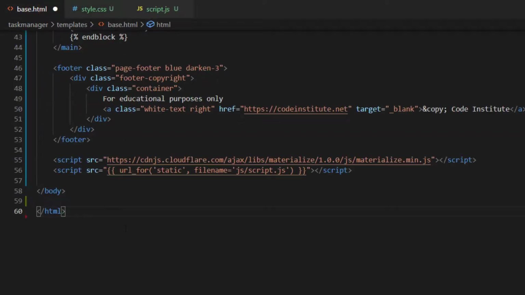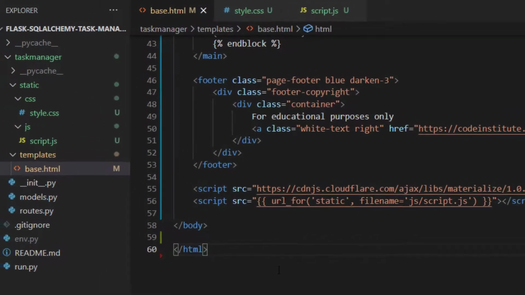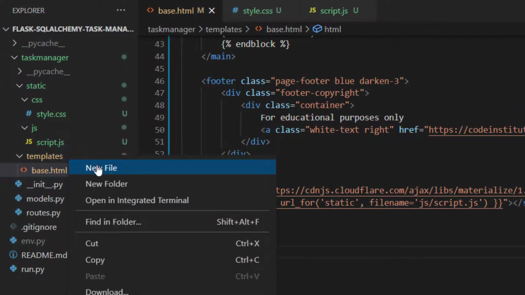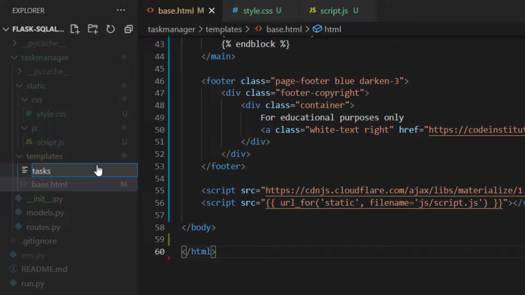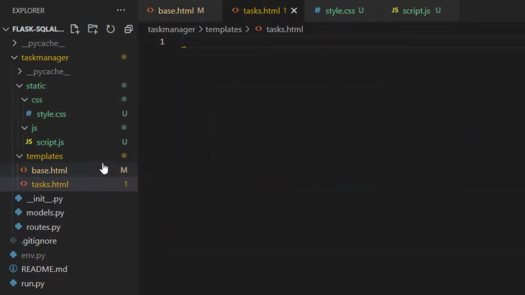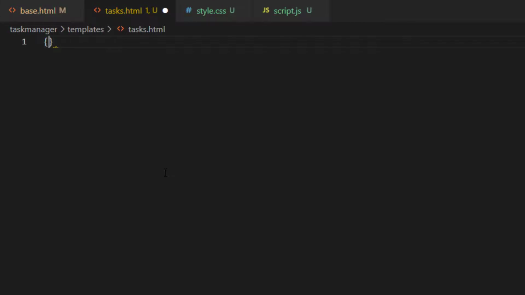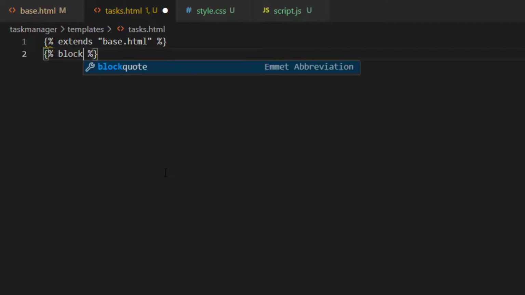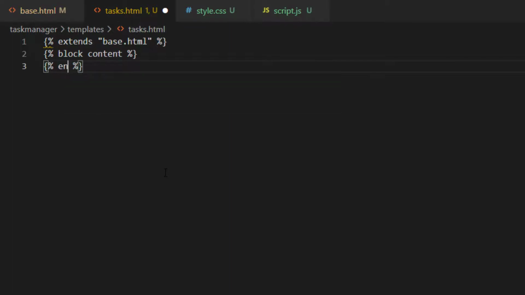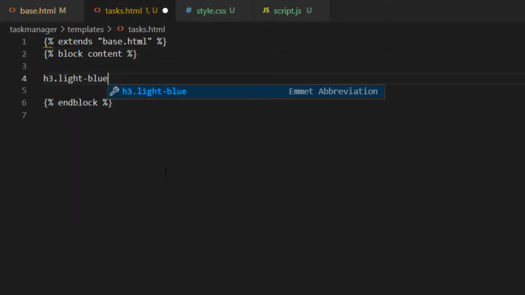Now, we can start using the template inheritance functionality and extend our base template across various files. Let's create a new template in the templates directory and call it tasks.html, which is where we will display any task that will be stored within our database later. This will use the extends block, which will extend our base.html template. This means that by extending from the base template, anything created on our base template will display on this page as well, which includes our navbar and footer. Then we'll inject anything from this tasks template into the content block element, making sure to close the end block as well. We will add the content for this page in a later video.